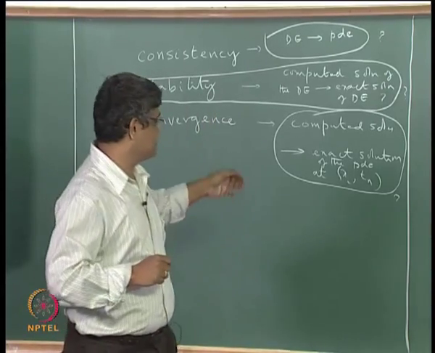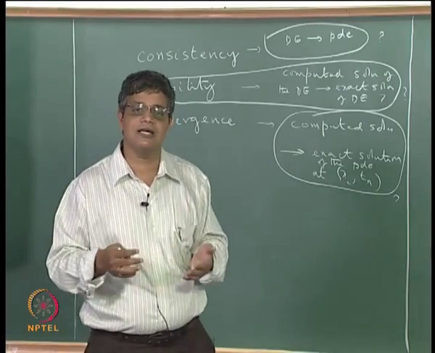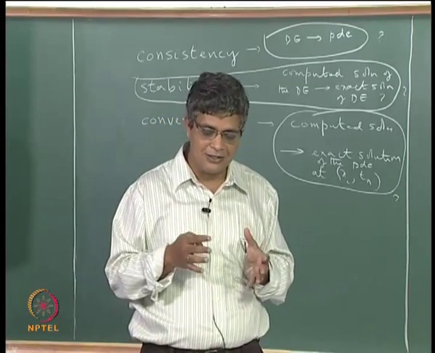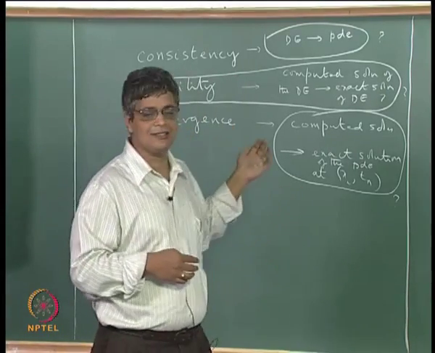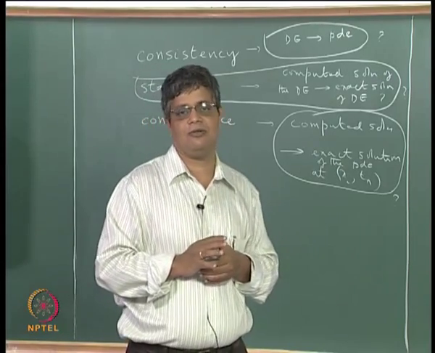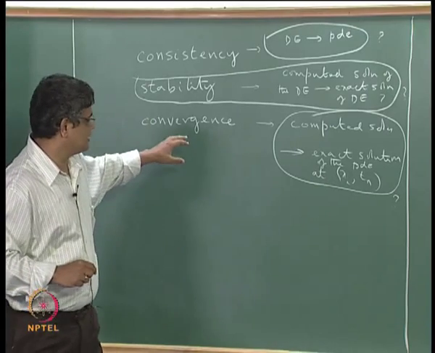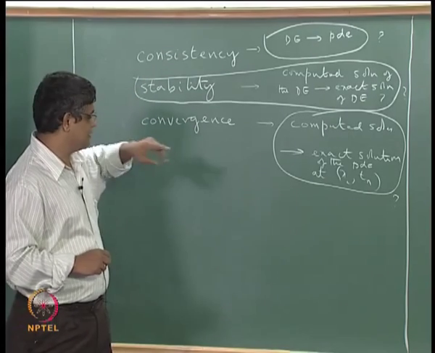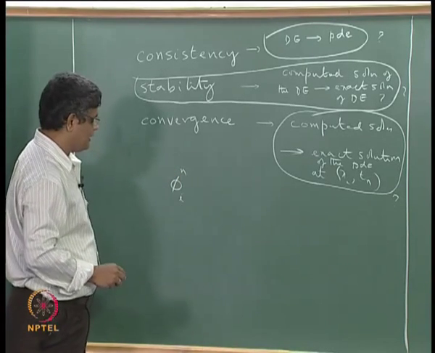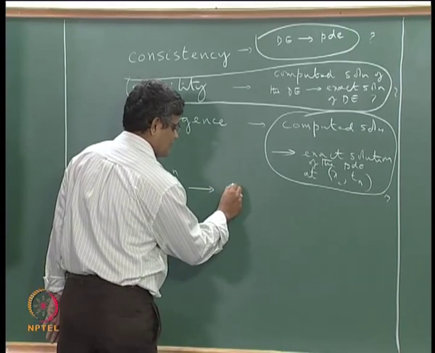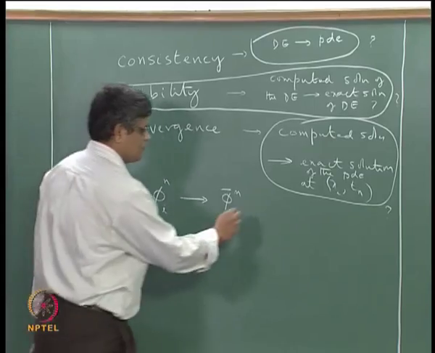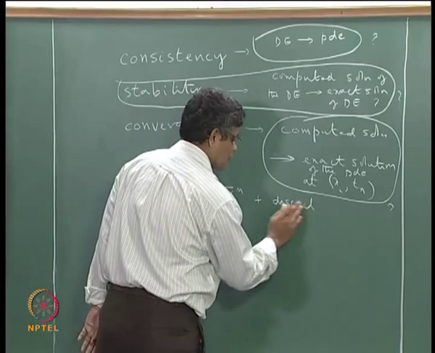Okay. It does not mean that the computed solution is error free, because for any computation we must have some delta x and some delta t. So, that means that there is some discretization error, an error of approximation. But if we satisfy the consistency and stability conditions, then we know that this error is contained, is bounded, it does not get amplified and does not give us any problems. So, if we are able to satisfy the convergence condition while simultaneously satisfying this, then we can say that the computed solution at space point i and time point n will approach the exact solution, which I am denoting by this, at that particular point, plus the discretization error, or we can call this the truncation error,